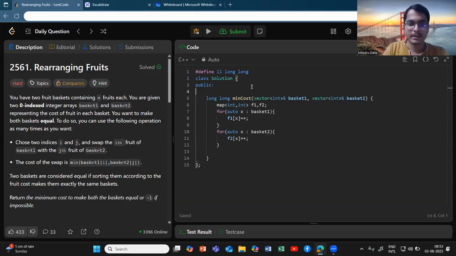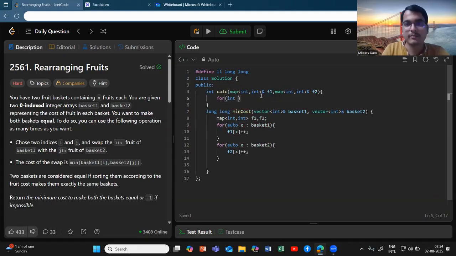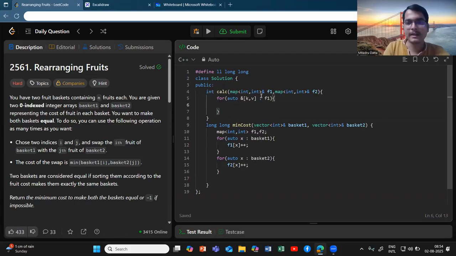So let me write some function calc which will take two map values. At first you can traverse through this. I hope you know how to traverse through a map. You can take the key comma value pair of the first element. Okay, F1 I can just traverse through. And if the frequency of this F1 plus the frequency of this F2 of that particular element, which is in F1,